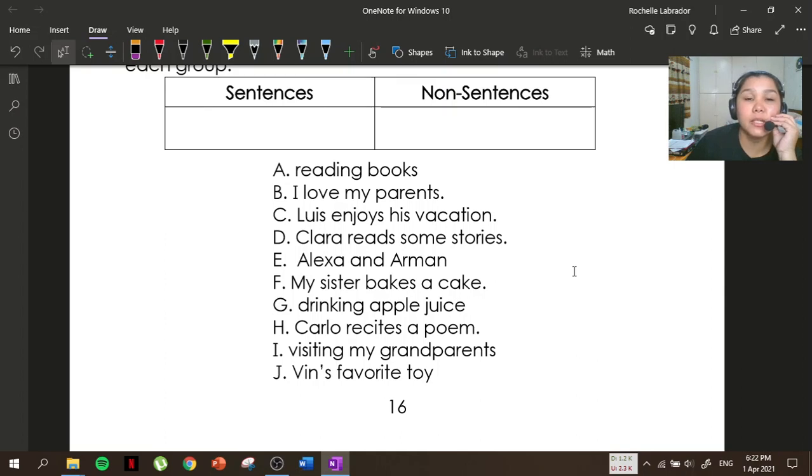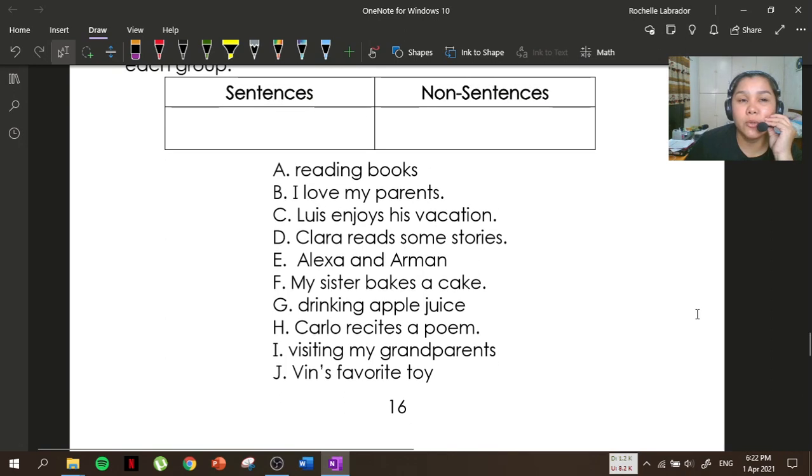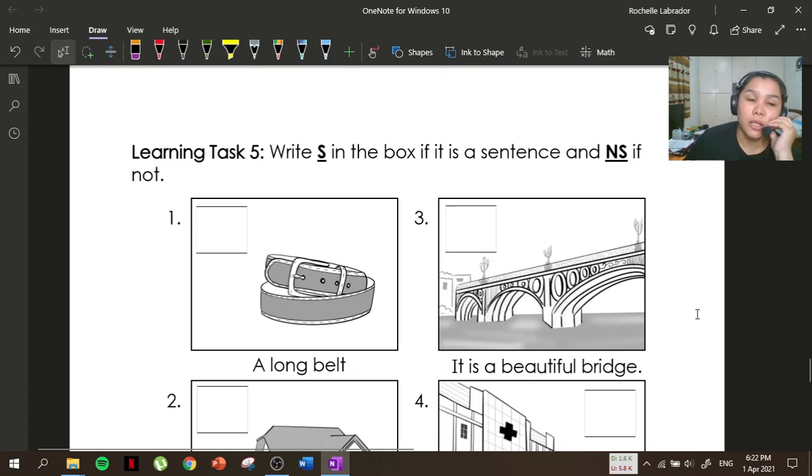5 answers. So 5 letters dito sa group. While for non-sentences, there should also be 5. Para 5, 5. Pantay dapat. So, but the problem is, anong letter ang dapat? Okay? So, it's up to you as long as you have understood, listen to the discussion, short discussion. Okay, for learning task 5, write S in the box if it is a sentence and NS if not. So, based on the